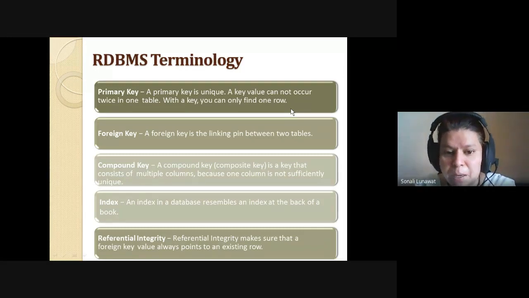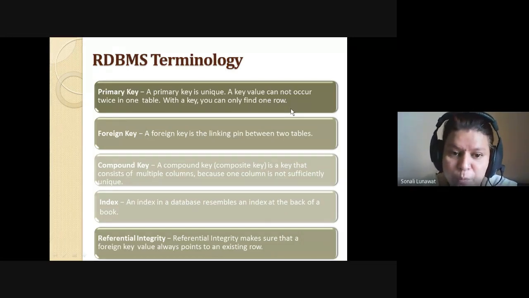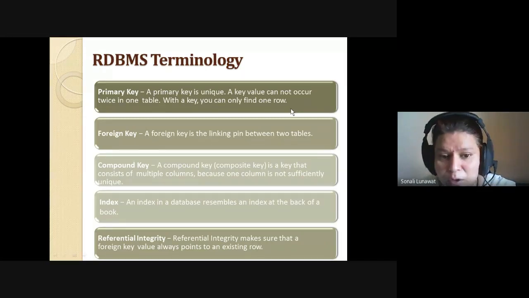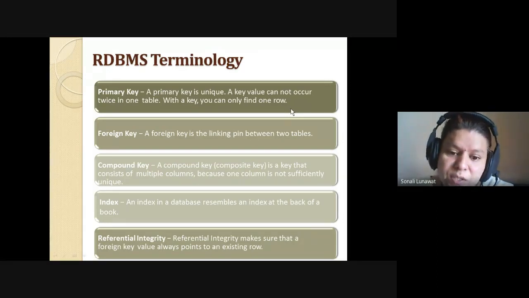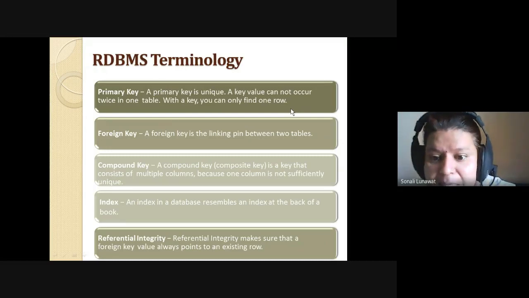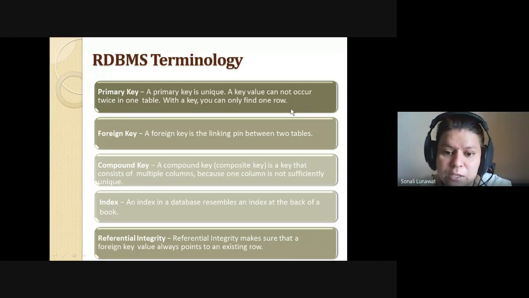Unless the value's entry exists in the primary key, it should not be inserted into another table. So there is a link between the first table and the second table. If a table has its own primary key and it is referenced by another table, then in that other table it acts as a foreign key. We'll learn afterwards about primary key and foreign key. For now, understand that a foreign key is a link between two tables where they have to follow some kind of integrity between each other.